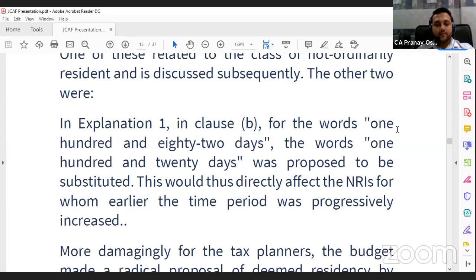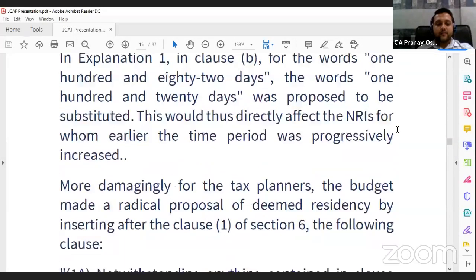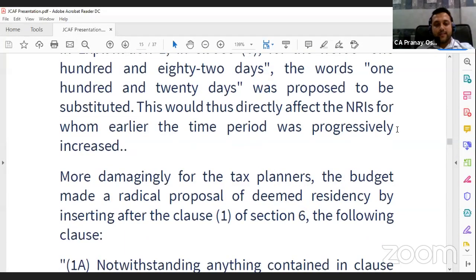120 days was proposed to be substituted. This would thus directly affect the NRIs, for whom earlier the time period was progressively increased. More damagingly, for the tax planners, the budget made a radical proposal of deemed residency by inserting after clause